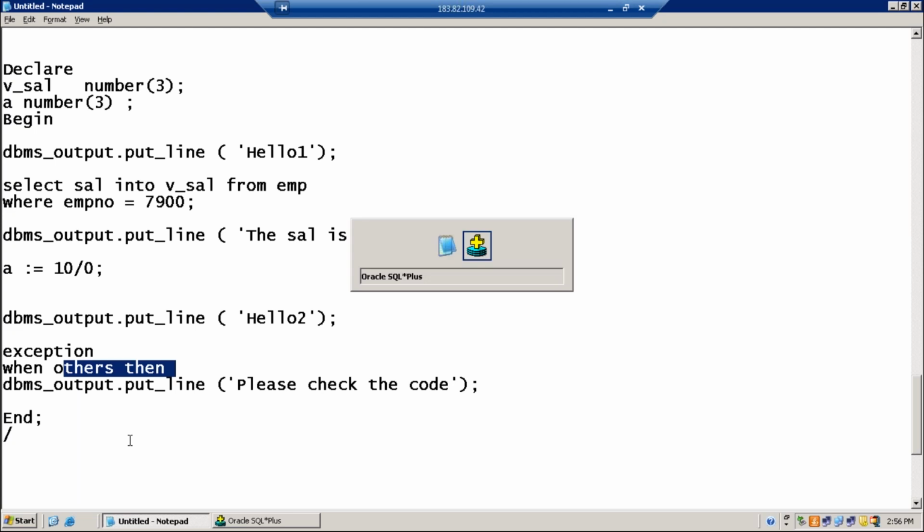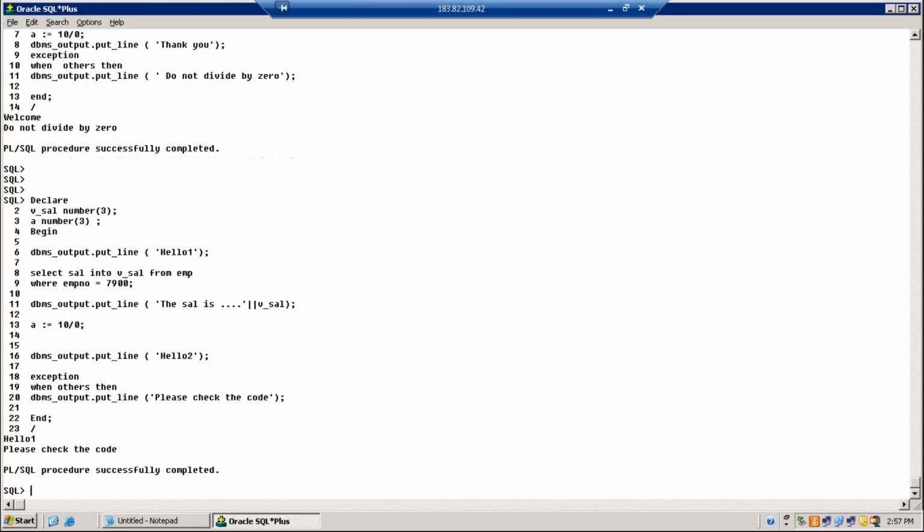If you go back to what we ran in the previous SQL prompt, you see please check the code is mentioned, and do not divide by 0. Okay, so instead of writing 5 times, we know that 5 exceptions are there inside, but instead of writing all 5, it will be time consuming.